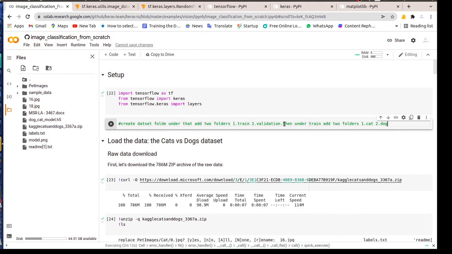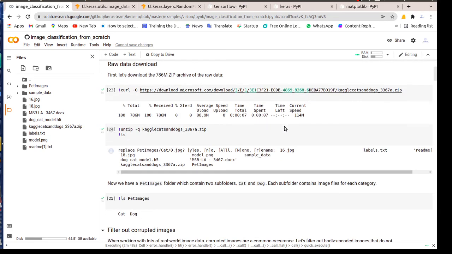Then your folder should look like this: it should have a dataset named folder. Under the dataset folder it should have a train folder and a test or validation folder. You can say test folder. The train should have two folders, one is cat and one is dog. The test also should have cat and dog. Now, in your case any number of classes, maybe 3 or 4, you can keep those images under them. If I have car, bike, plane, you can keep car, bike, plane images in those separate folders.